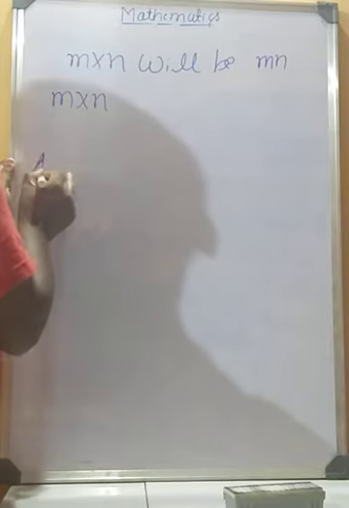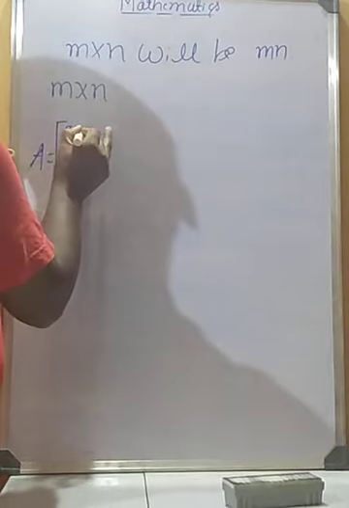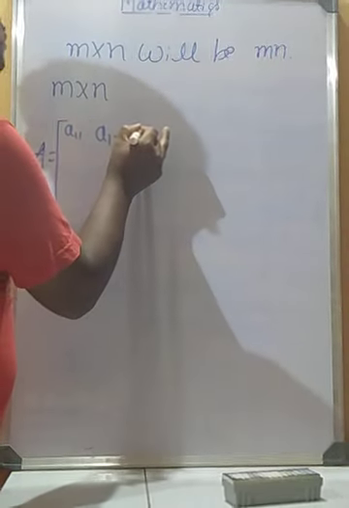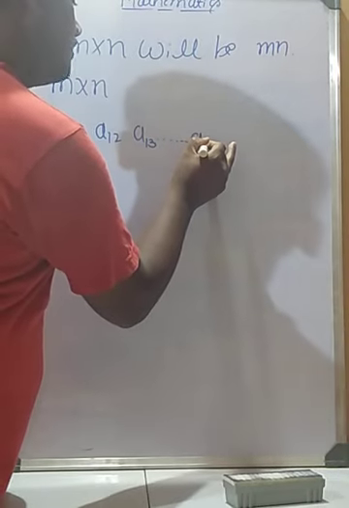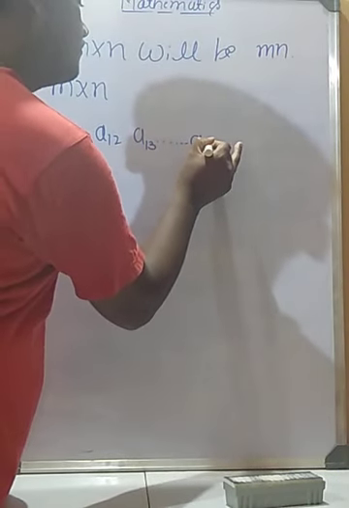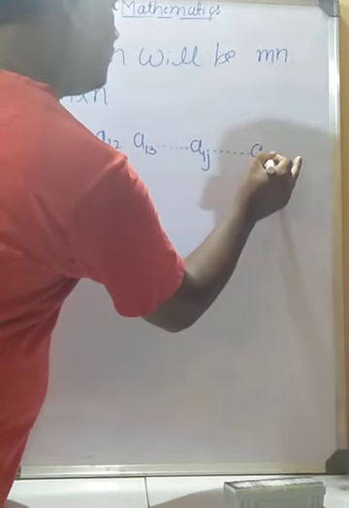That is, matrix A is equal to A11, A12, A13, etc., A1j, etc., A1n,